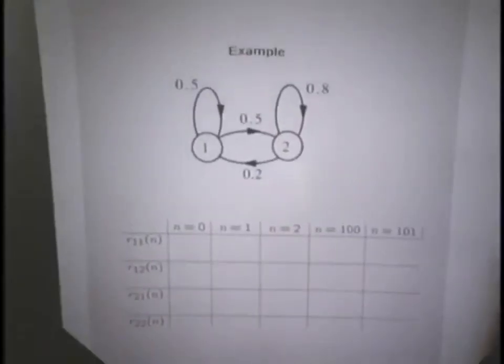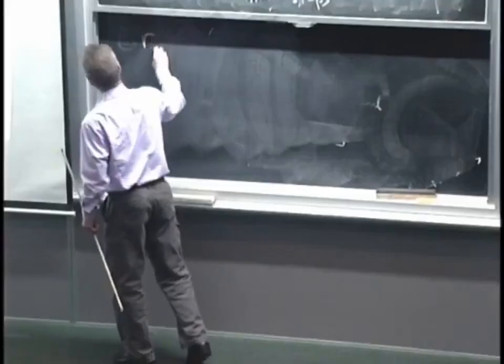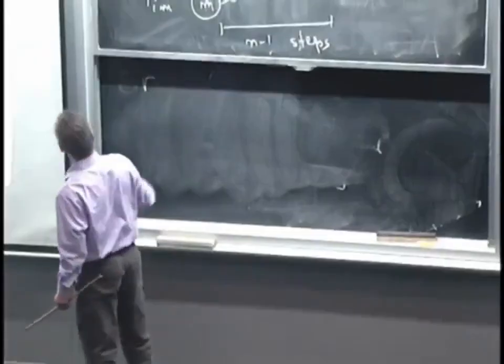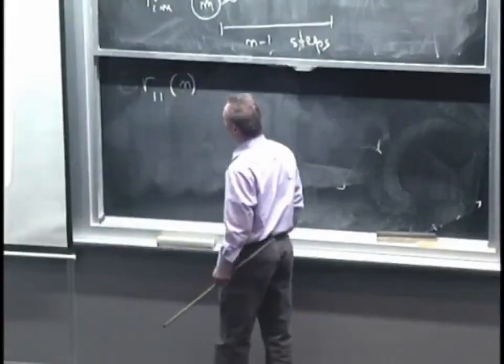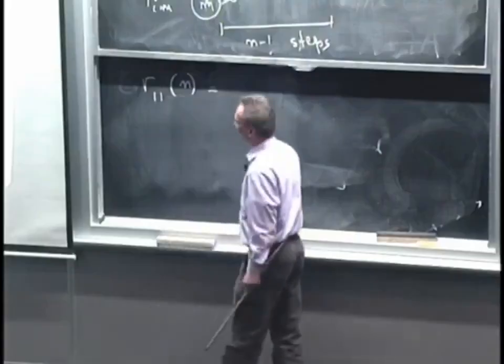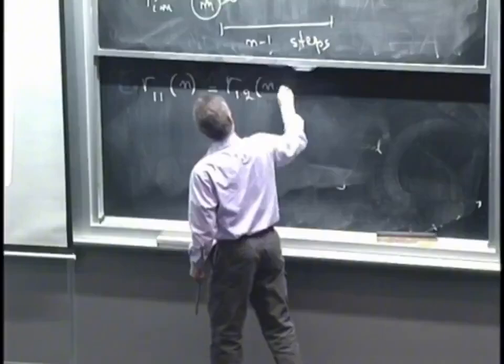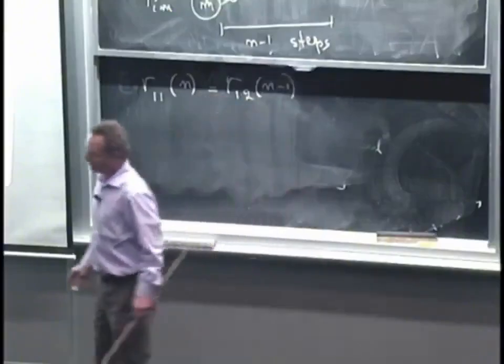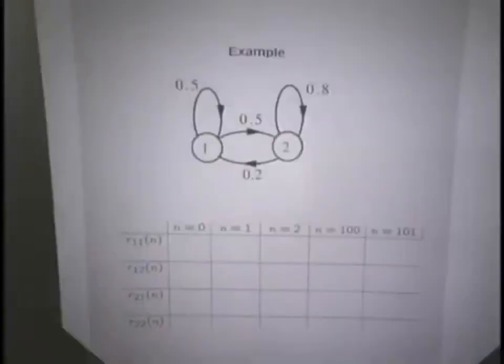So in this example, we just have two states, and somebody gives us transition probabilities to be those particular numbers. Let's write down the equations. So the probability that starting from state 1, I find myself at state 1 n time steps later. This can happen in two ways. At time n minus 1, I might find myself at state 2, and then from state 2, I make a transition back to state 1, which happens with probability